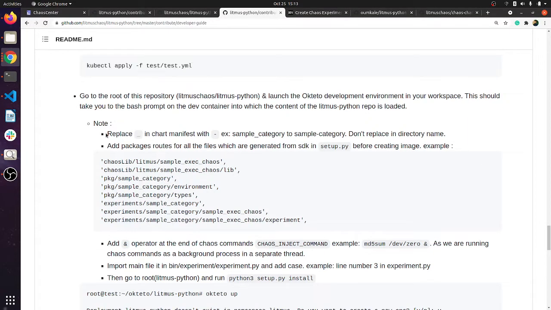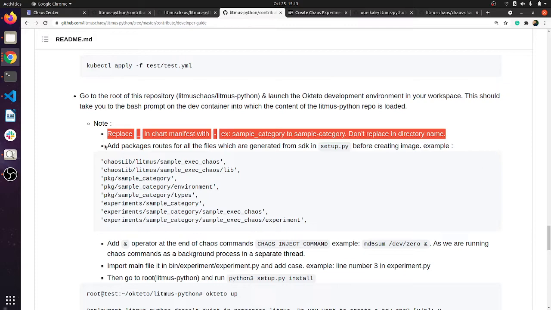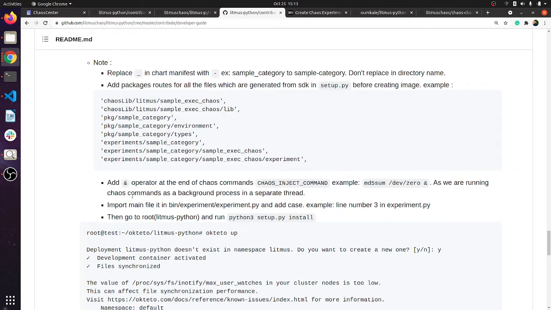Whatever we have done, we have also mentioned in the notes for adding the stuff. One more thing, this is also a limitation: when a couple of threads get started, once it gets started, our code executes that command. So we have to use an operator to execute that command in the particular thread and come back to our root thread. For this, we need the AND operator inside the cross inject command. Whenever it is good, this is our command. So use AND at the end of that, with one space.